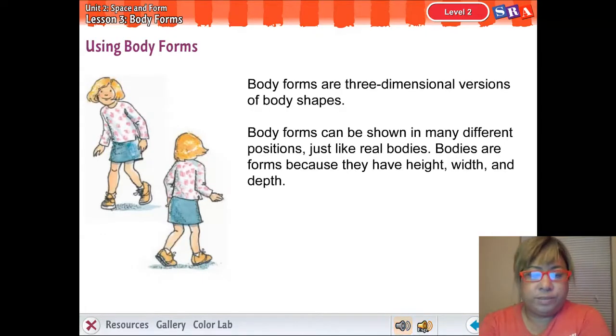Body forms, like freeform shapes. Body forms are 3D versions of body shapes. A body shape is just a drawing of a person, and you can't see their sides or their back, just a front. So a form, you draw it so you can kind of see sideways, and you can kind of